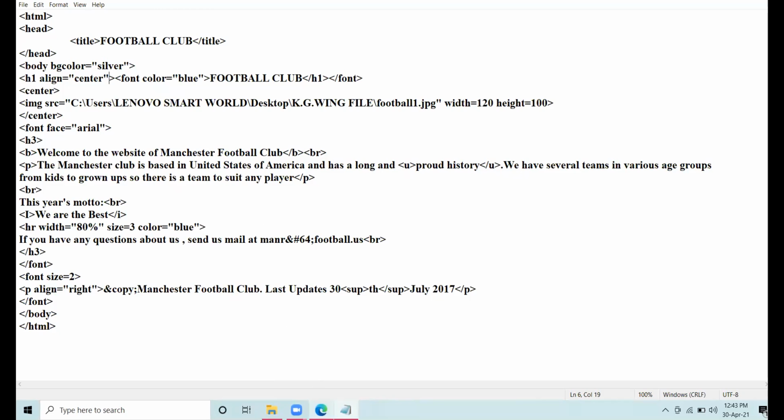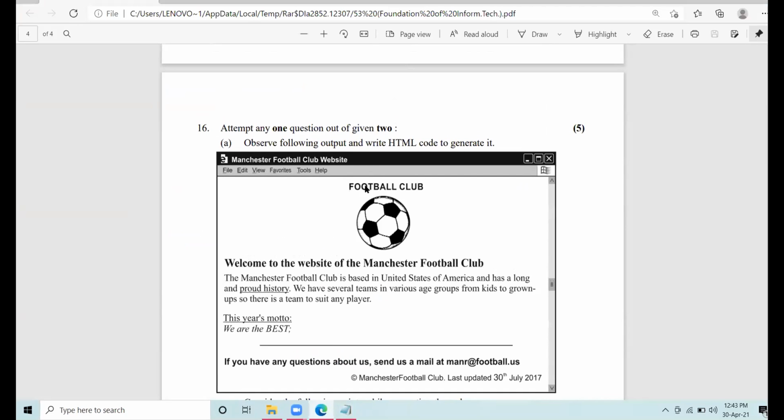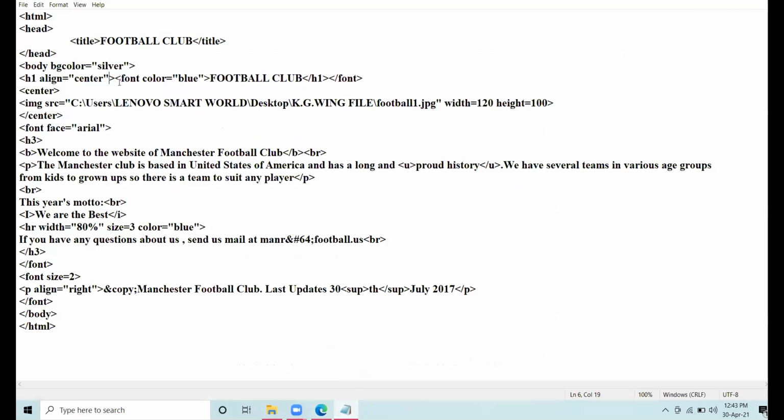The instruction says the heading should be blue in color, so I have taken the font tag color equal to blue.